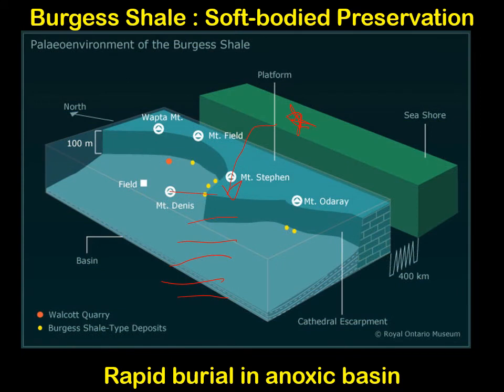So here's kind of a three-dimensional view of what this would have looked like. Get rid of all these to help us visualize that a little bit more. So the organisms would have been living on top of that platform and getting shoved over the edge back in the Cambrian and being buried. And as you can see, the Walcott Quarry is what's annotated in the red dot, and all those yellow dots are other places in the Canadian Rockies where we have Burgess Shale type deposits. So following the Cathedral Formation, that escarpment, we can actually find more Burgess Shale type localities.